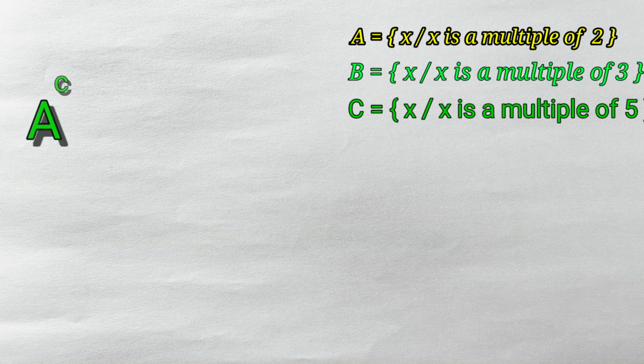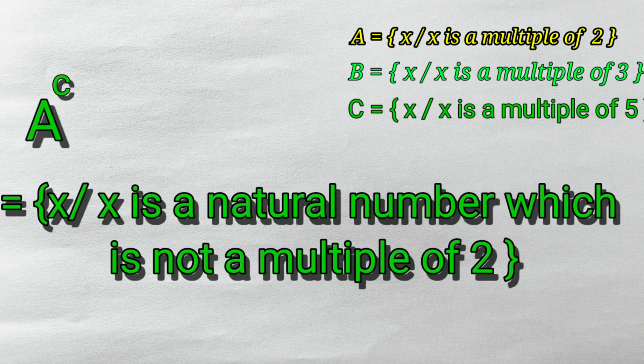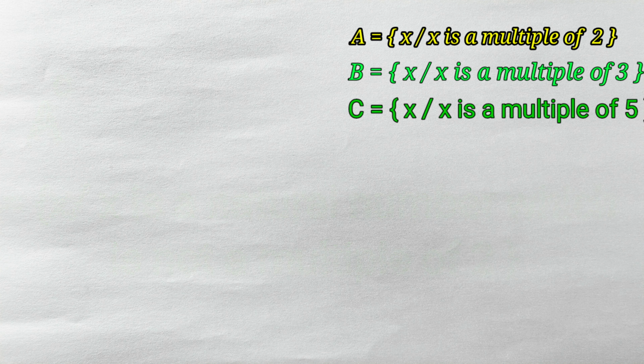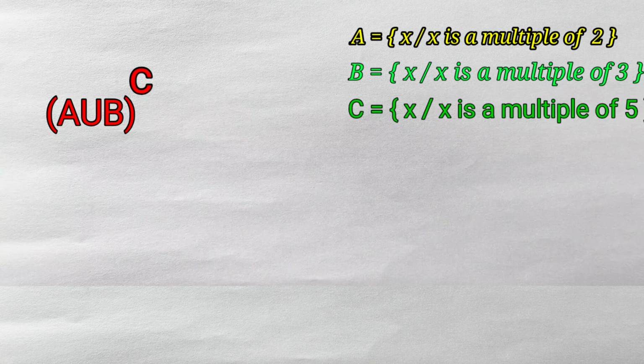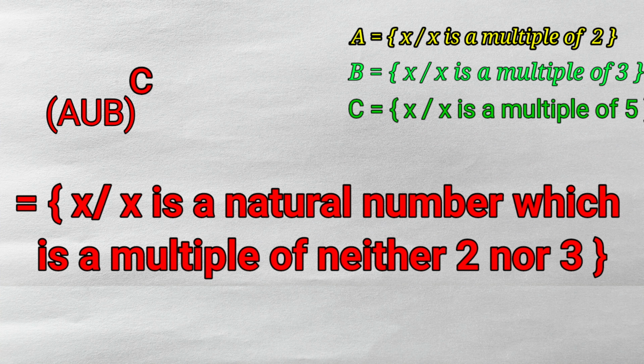If you take the set A complement, it means the set of x such that x is a natural number which is not a multiple of 2. The next one is (A union B) whole complement. It means the set of x such that x is a natural number which is a multiple of neither 2 nor 3. It means this set (A union B) whole complement does not contain the multiples of 2 and also multiples